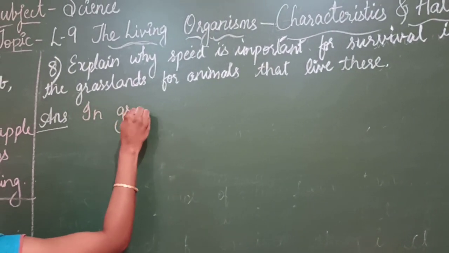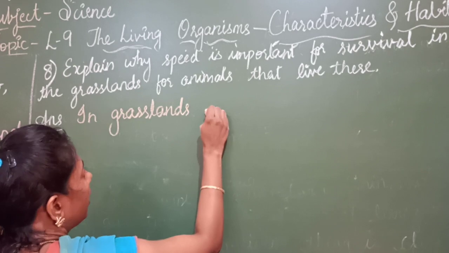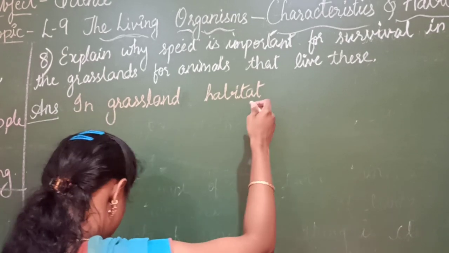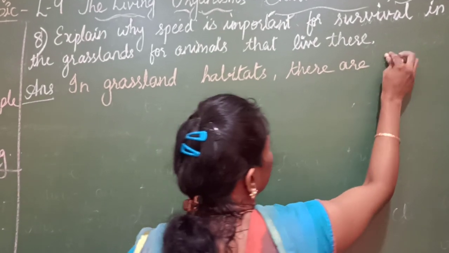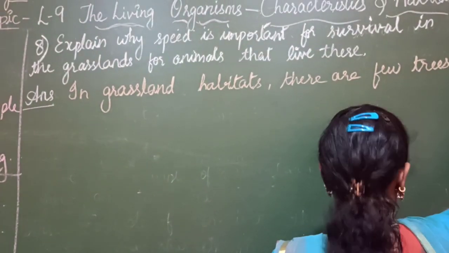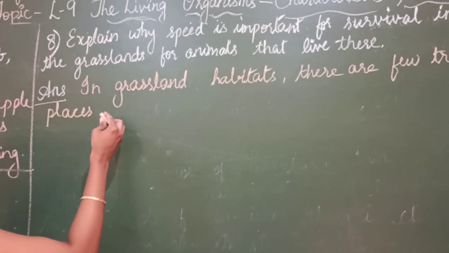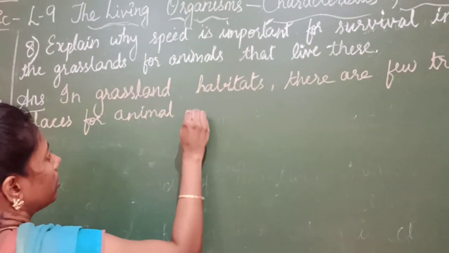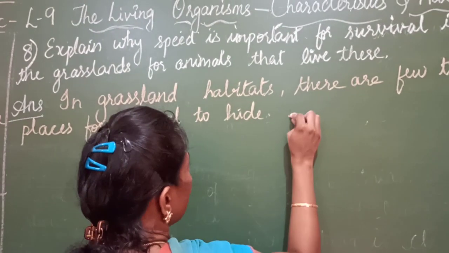In grassland habitats, there are few trees or places for animals to hide. Full stop. When their enemy attacks,